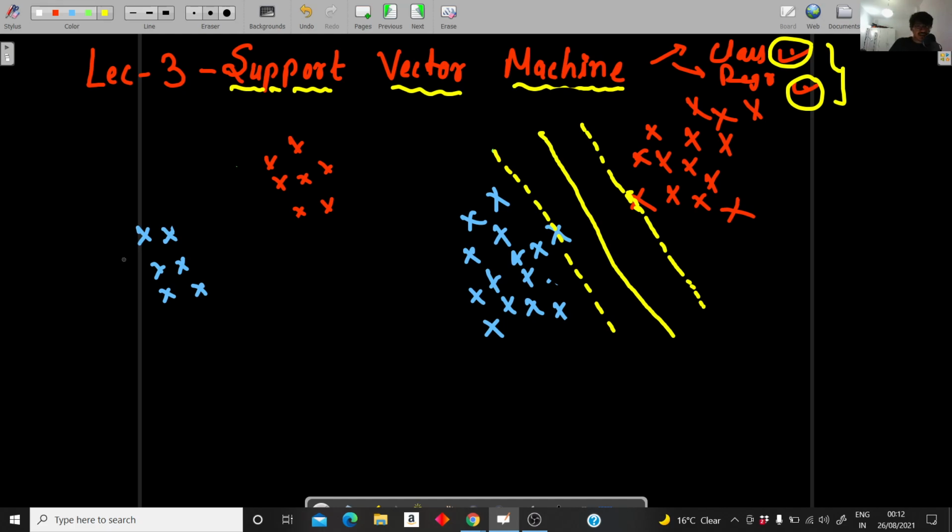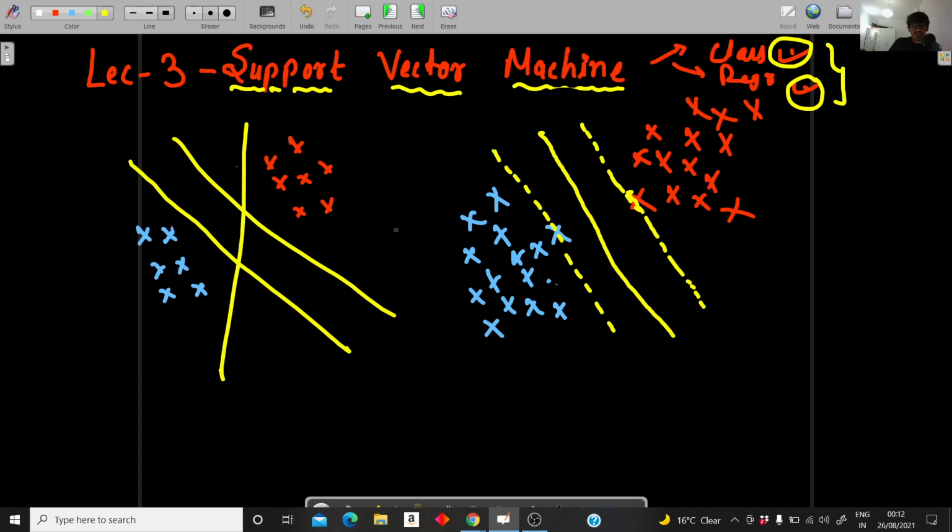I'm just taking a lame data set. Let's say these blue points are our positive points and red are negative points. And let's say we have to separate this data set. So a simple thing can be a line that can separate. I can draw a line like this or like this or like this, anything. So now the question is which line is the best? Whether this line will be the best or this line or this line.